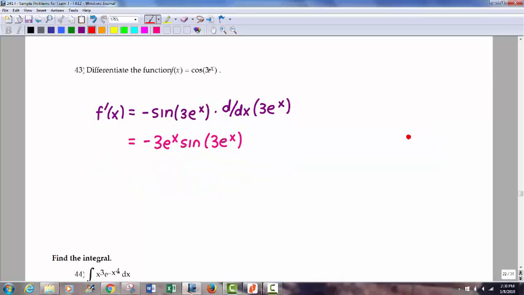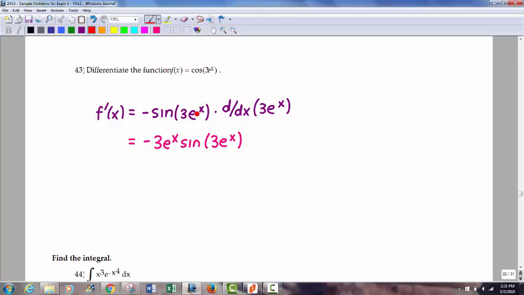Now, how about number 43, the derivative of cosine of 3e to the x? So what you would look at here is essentially you're taking the derivative of cosine of u, where u would equal 3e to the x. So the derivative of cosine of u would be negative sine of u times du dx, via the chain rule. So we have negative sine 3e to the x times the derivative of 3e to the x,